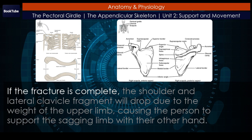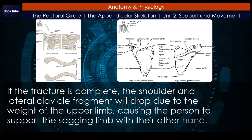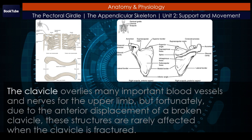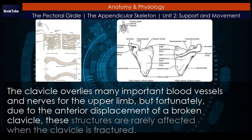If the fracture is complete, the shoulder and lateral clavicle fragment will drop due to the weight of the upper limb, causing the person to support the sagging limb with their other hand. Muscles acting across the shoulder will also pull the shoulder and lateral clavicle anteriorly and medially, causing the clavicle fragments to override. The clavicle overlays many important blood vessels and nerves for the upper limb. But fortunately, due to the anterior displacement of a broken clavicle, these structures are rarely affected when the clavicle is